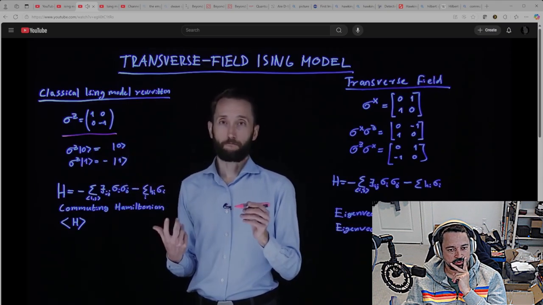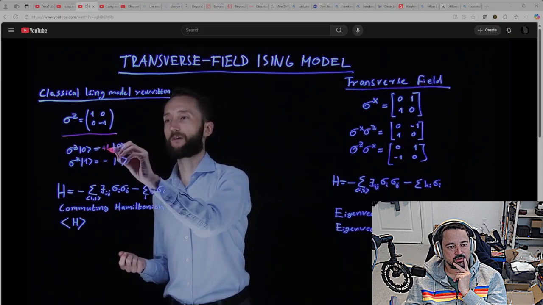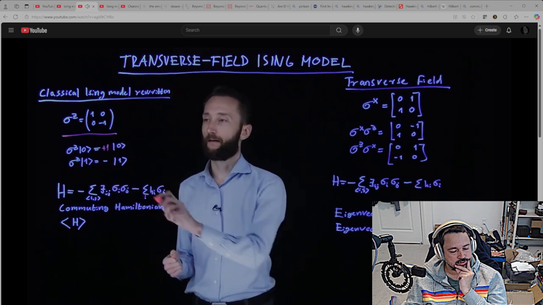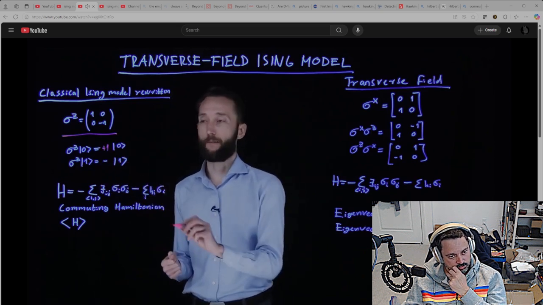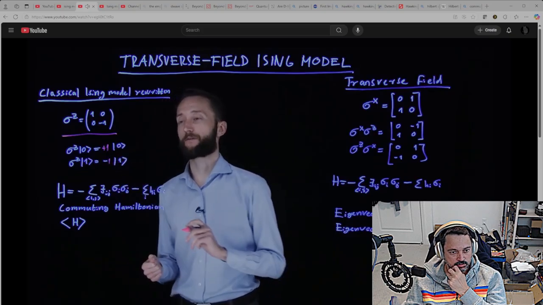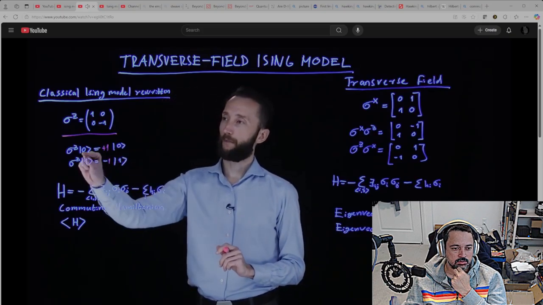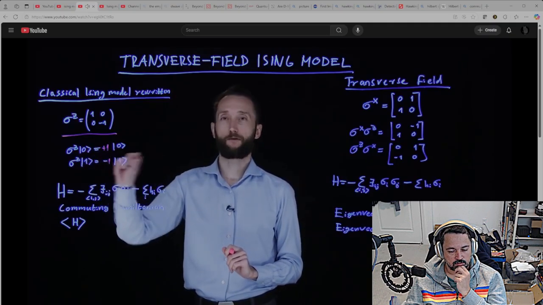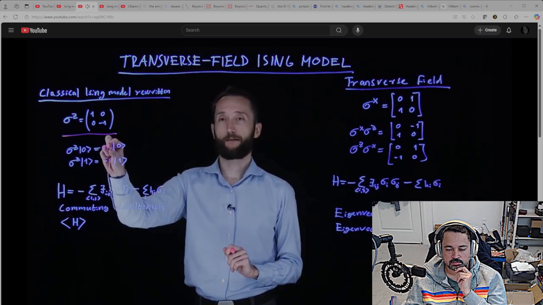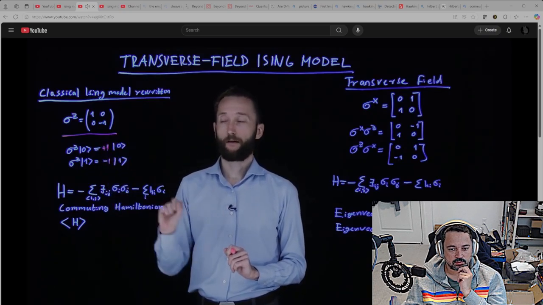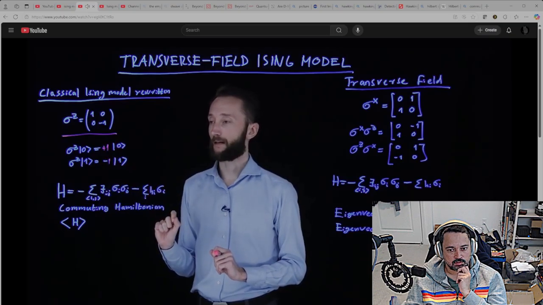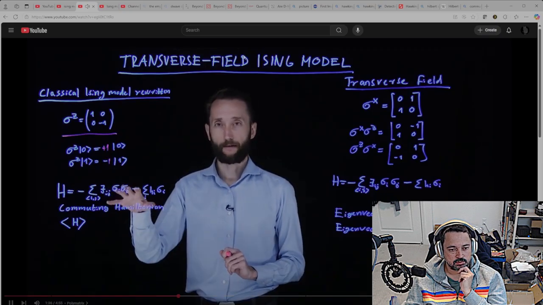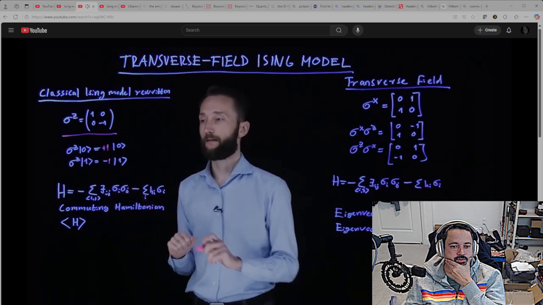Or you can think of it as adding a +1 multiplier to it. And if you apply it to the 1 ket, then the 1 ket picks up a minus sign. So basically it applies -1 to it. So by applying this operator on these two basis states, you can reproduce the effect of getting +1 or -1 as a probability amplitude before the actual state. So the quantum mechanical form of the classical Ising model is exactly the same as what we have seen, except that we have